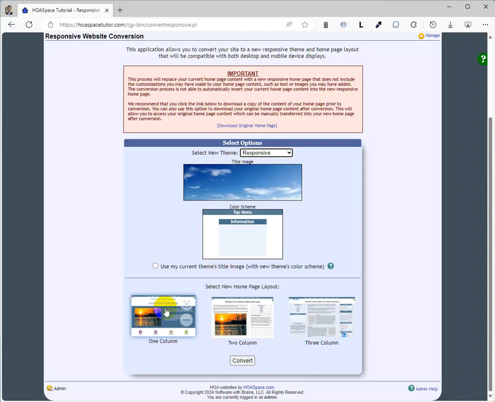It has a few links in this area. You can log in, you can view documents. It's got some buttons here for quick access to news, calendar, photos, that type of thing. And then at the bottom of this page, which you can't see in the thumbnail, are also some links to other features. The 2 column and the 3 column have more content on the homepage, so they both have placeholder